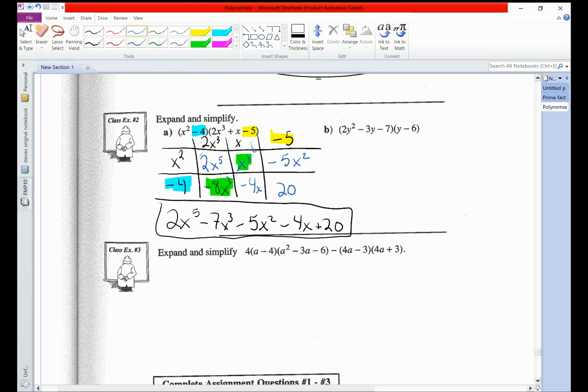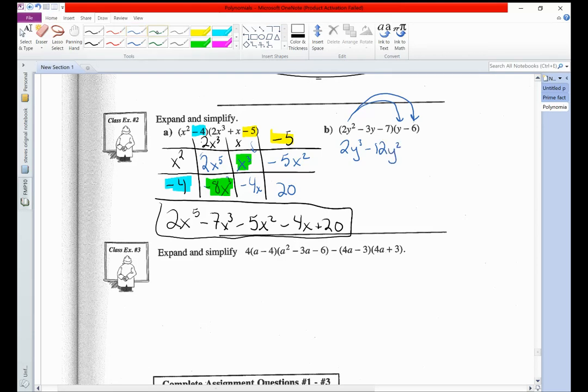Let's start with the first term, 2y squared. Our brains work left to right, so let's work left to right. 2y squared has to multiply by both terms in the next bracket. So 2y squared multiplied by y gives me 2y to the power of 3. And 2y squared multiplied by negative 6 gives me negative 12y